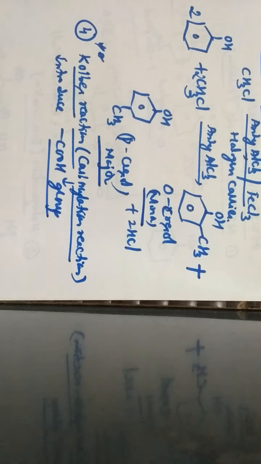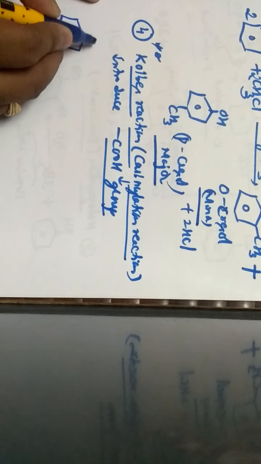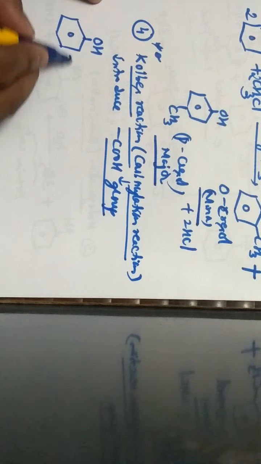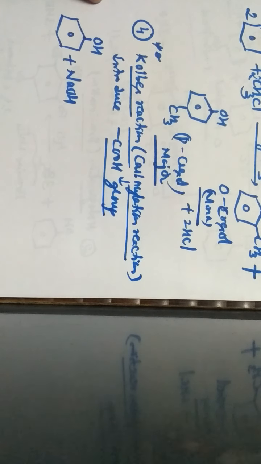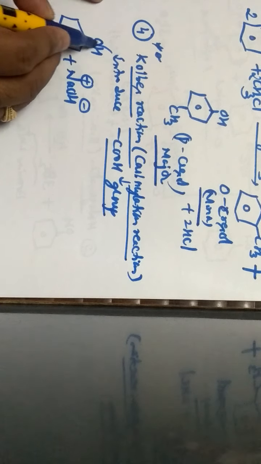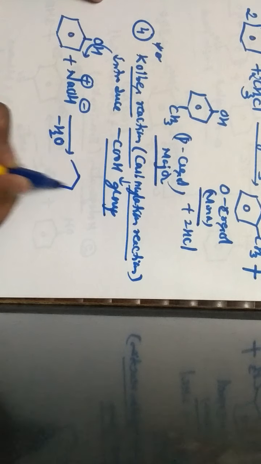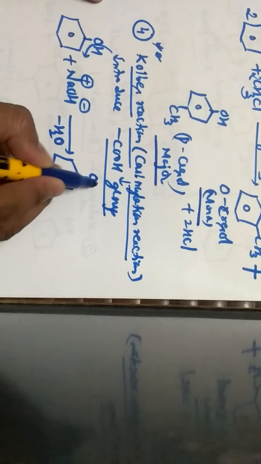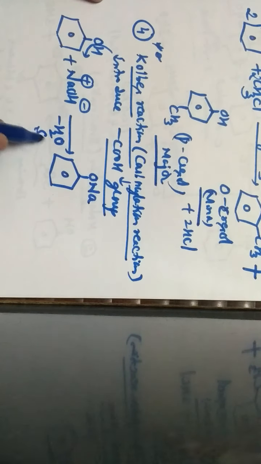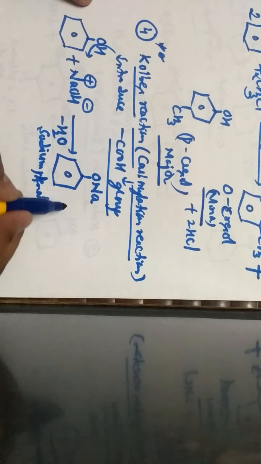So, in this carboxylation reaction, the major reactant is again phenol. This phenol is made to react with NaOH, where it ionizes as Na plus and OH minus. Since we know that phenol ionizes to form the phenate ion, where this hydrogen gets eliminated as a proton, a water molecule gets eliminated. When the water molecule gets eliminated, we get a product called sodium phenate, which is also called sodium phenoxide.